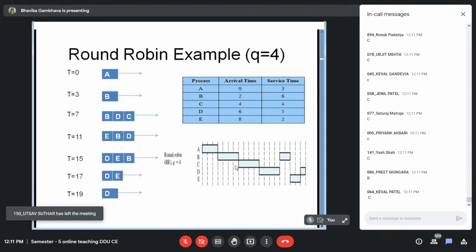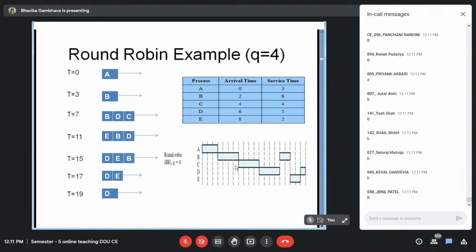Seventh, seventh B. Okay. Then eighth, eighth we have some confusion. Some of you are saying C and some of you are saying D. Okay. And then ninth,